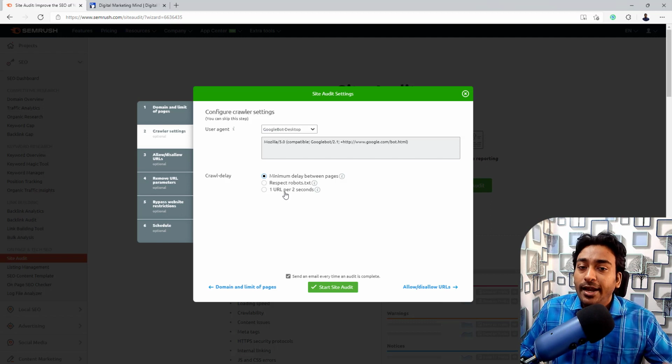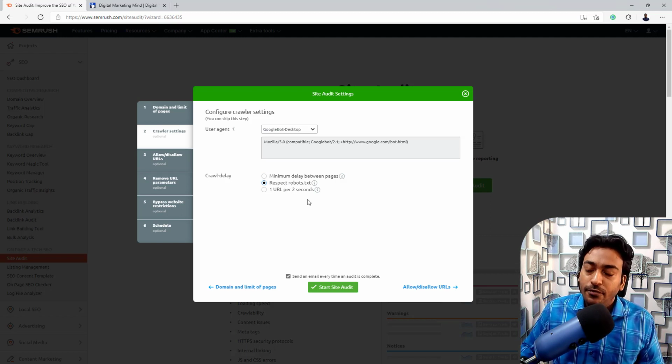So it's going to limit and crawl all the things, but it's going to take too much time to finish compared to something like this. So depending on your need, you can do that. And respect also. For example, robot text is something like an advanced technical